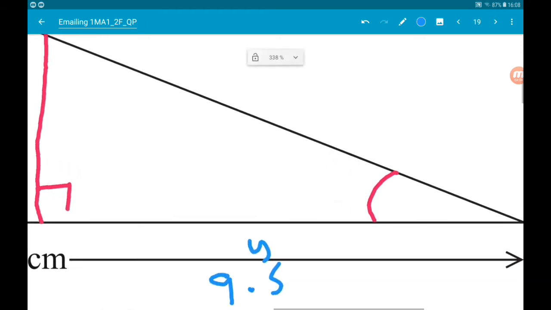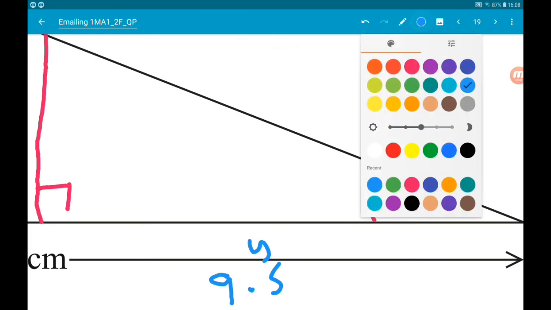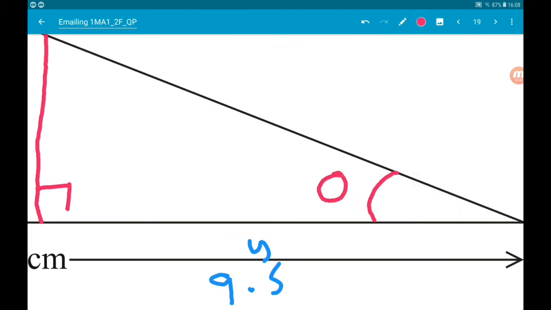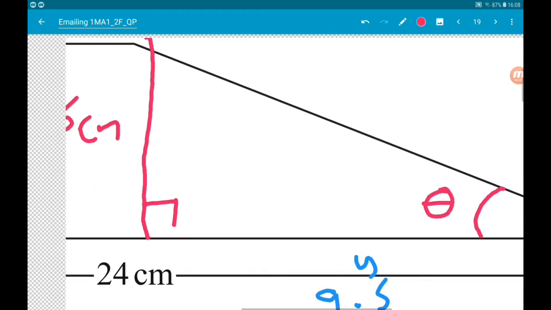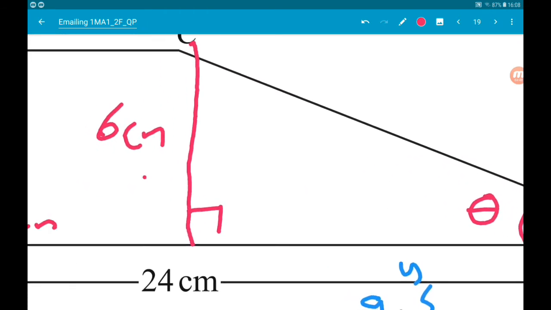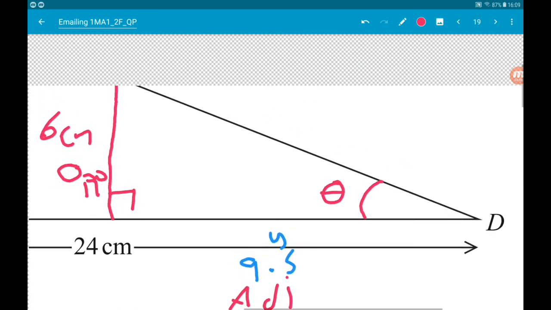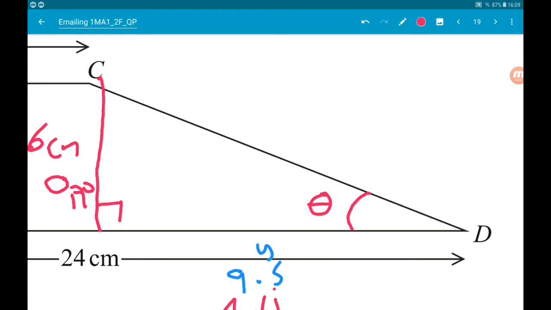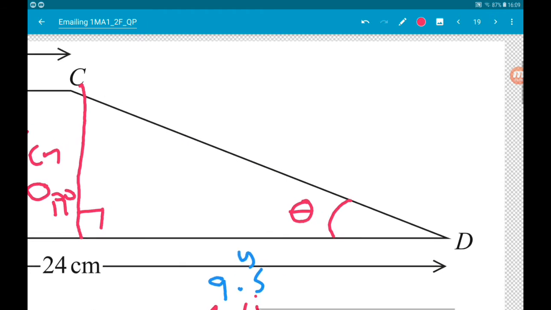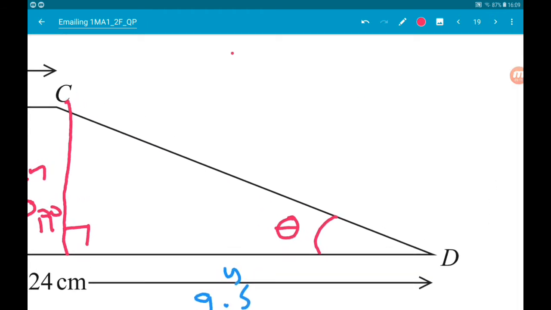So if we call the angle theta, then with reference to the angle, we have the opposite and we have the adjacent. So is it SOH? S-O-H? No. C-A-H? No. TOA? T-O-A? Yes. So TOA tells us tan of theta is